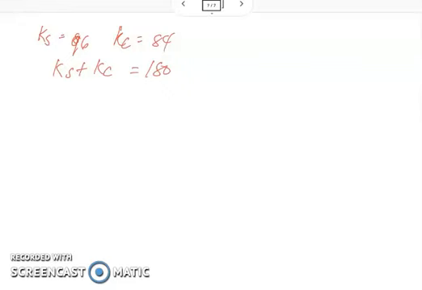So 50 miles per hour will be the design speed, and the total of K value for K of S and K of C is 180. And we have to determine the curve length. So the curve length,